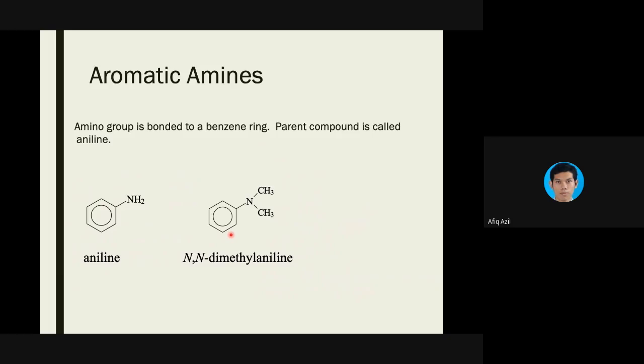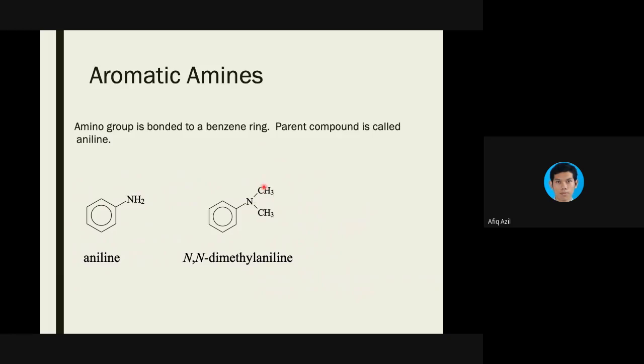Once it has structures like this, in which the nitrogen is bonded to others than hydrogen, in this case carbon and carbon, this makes the structure a tertiary amine. So the parent name remains aniline, but we have to denote that on this nitrogen, it contains